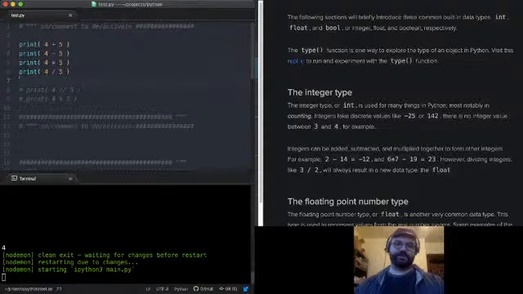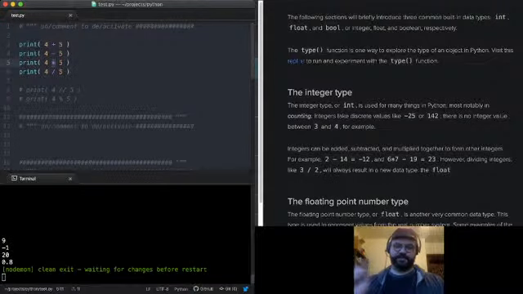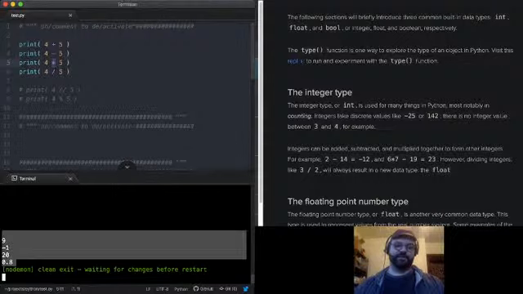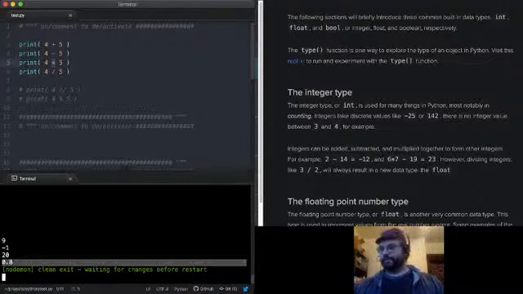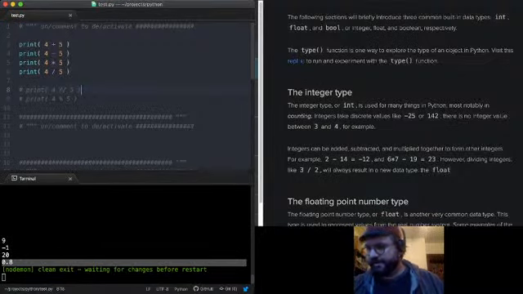Multiplication uses the star operator, which for most people is going to be shift 8, that asterisk. You can see these give the answers that we'd expect. Notice this last one, 4 divided by 5, gives us the number 0.8, and that number is actually a floating point number, which we're also going to talk about in a second.